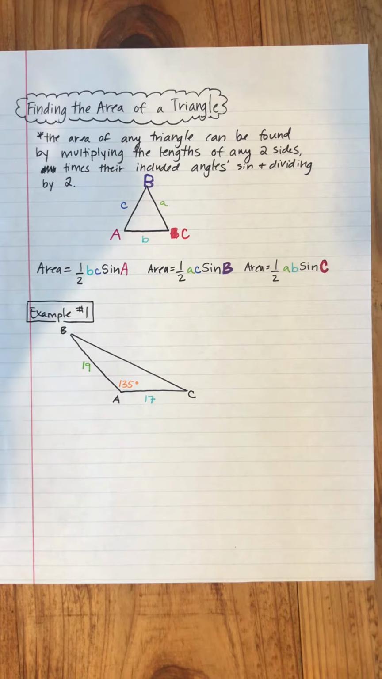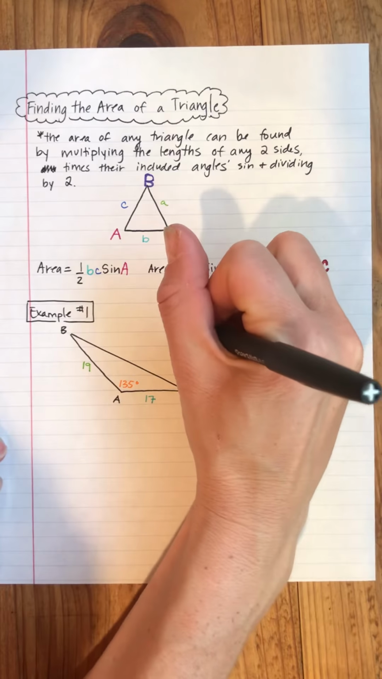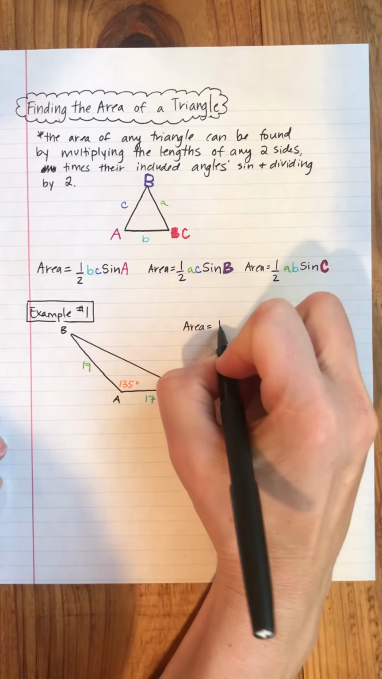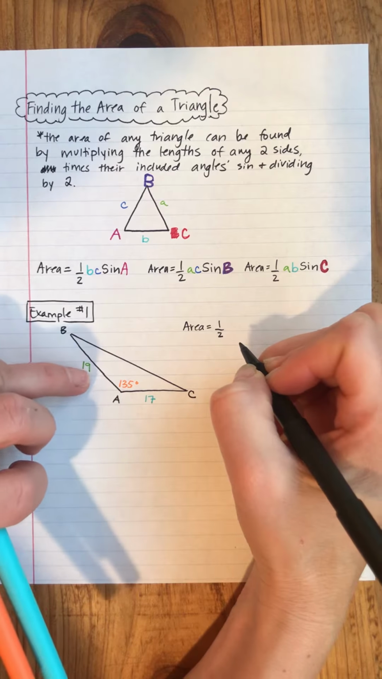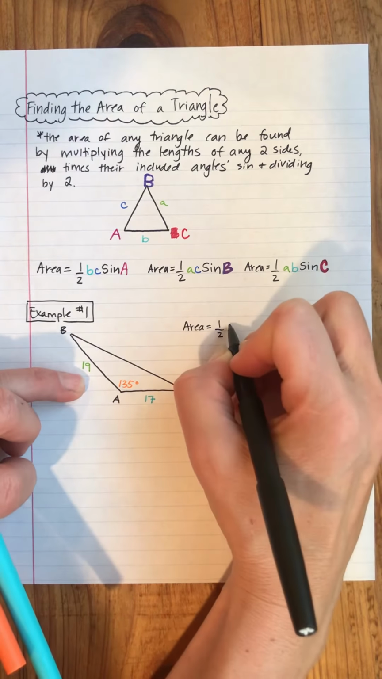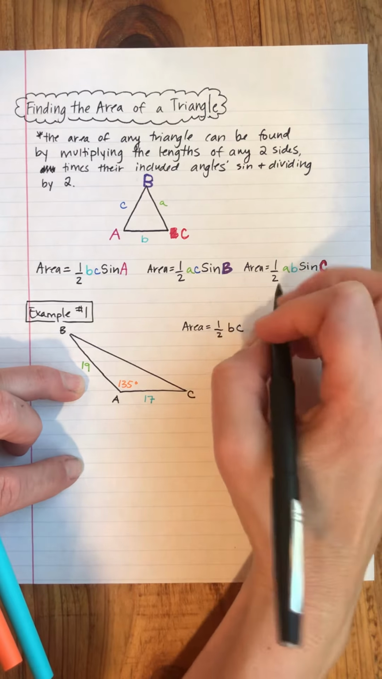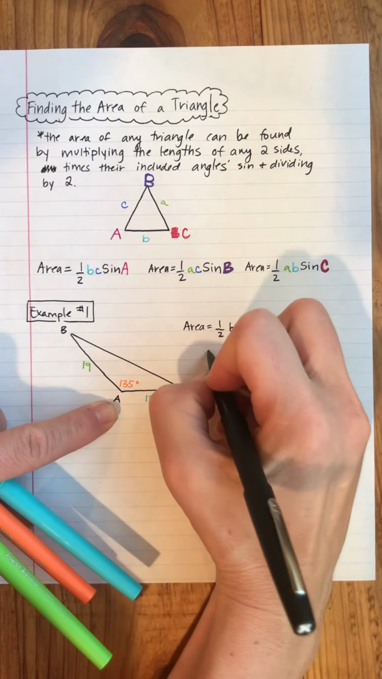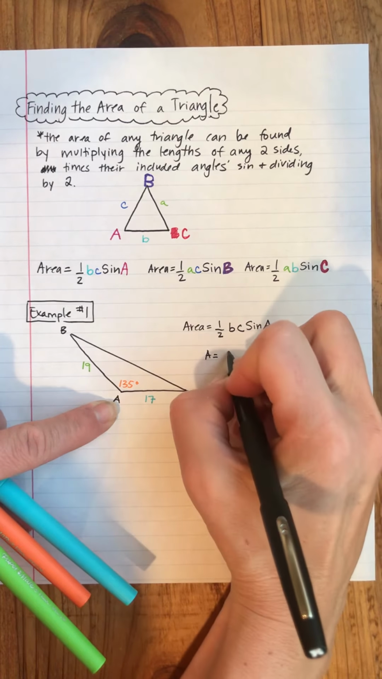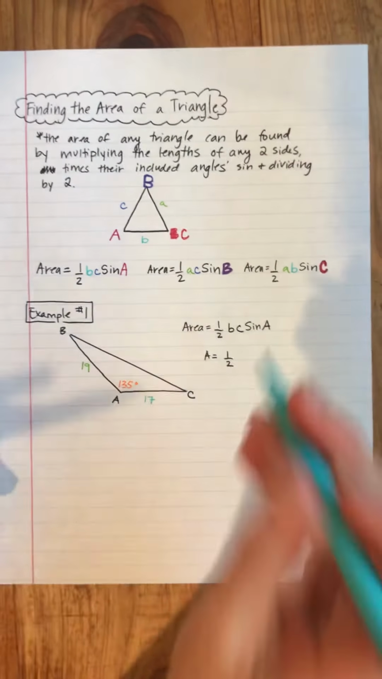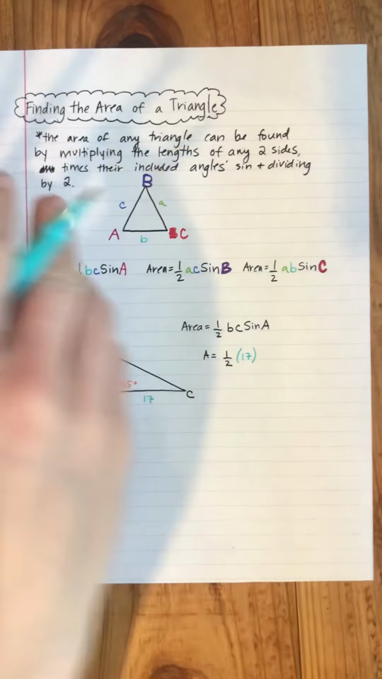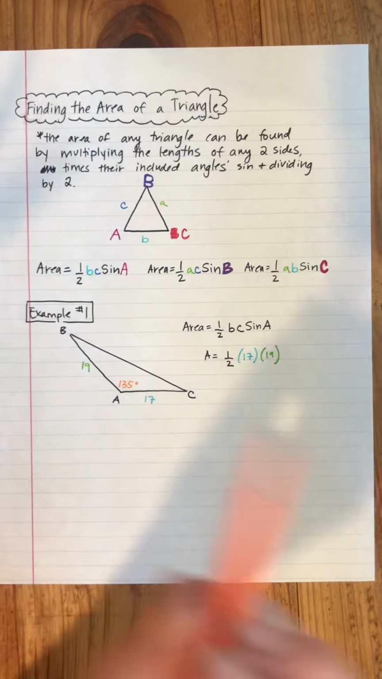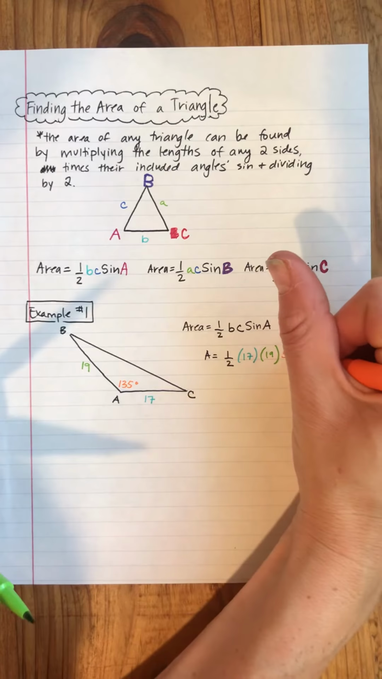Okay, so what I can do here in order to find the area, I can say area is equal to 1/2 B times C, which is 1/2 BC, times the sine of A, because that's what I'm given. Okay, so that's going to equal area equals 1/2 of 17 times 19, and then I'm going to multiply that by the sine of